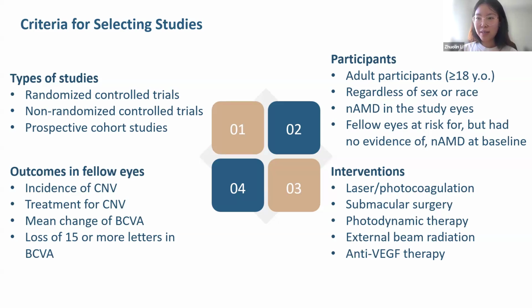So far I didn't find a best way to define whether the fellow eyes have the risk. I'm just reading through the paper, and if they say they have the evidence, I will exclude that paper. But if they don't say whether they have it at baseline, I will include for now. So you're still uncertain whether or not the fellow eyes are at risk, right? Yeah, for the cohort study, it's still uncertain.